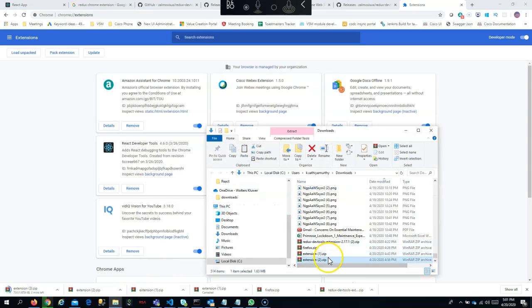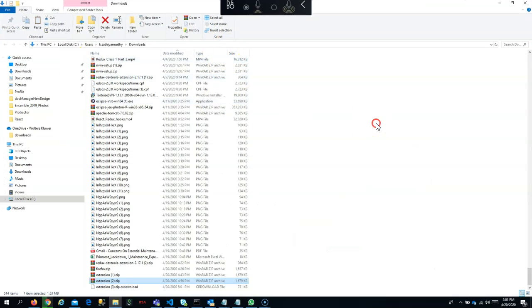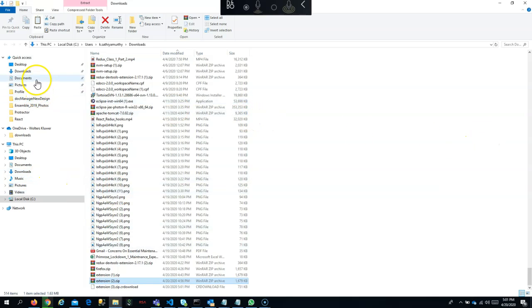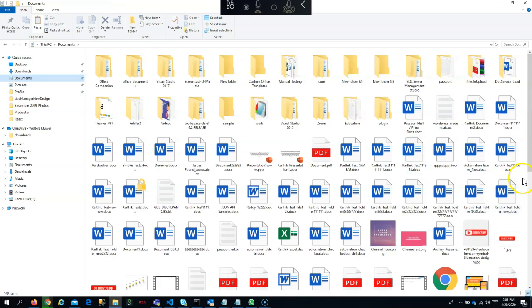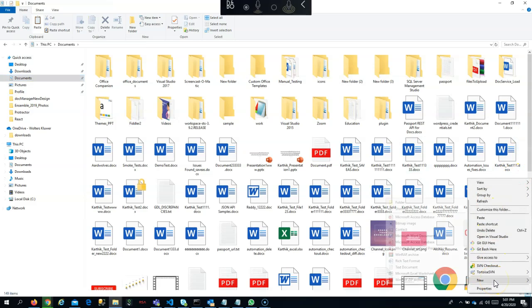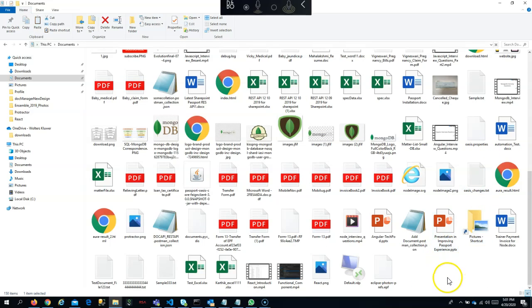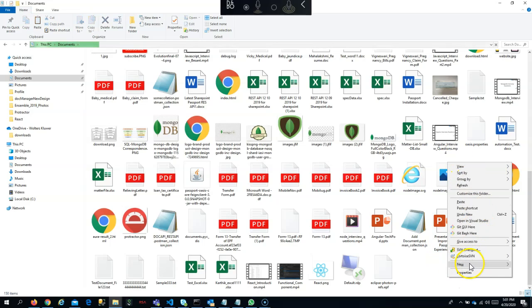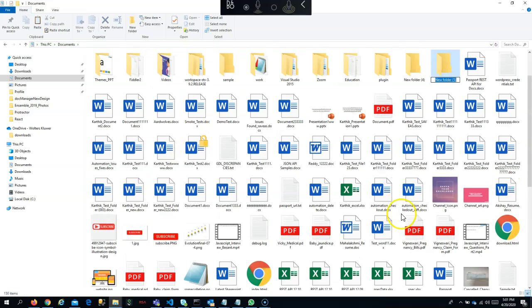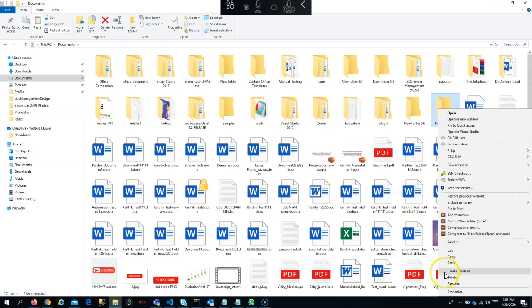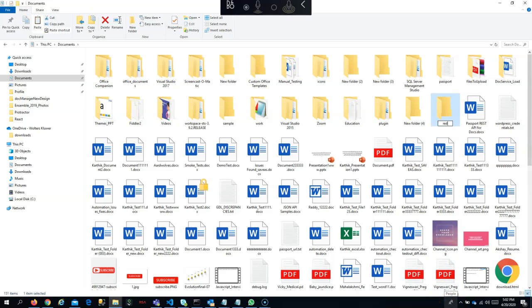What you can do is create a new folder here and rename it as some Redux plugin or something,